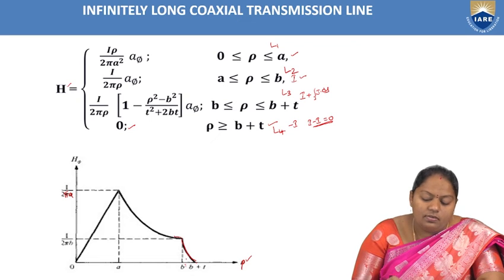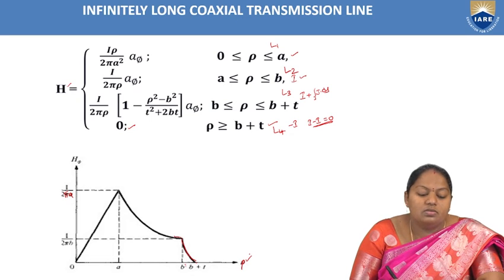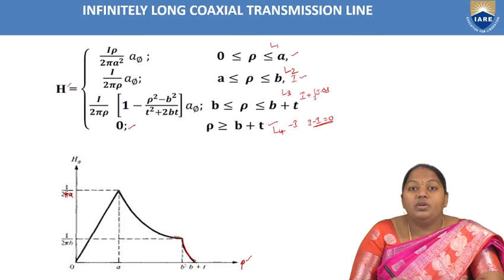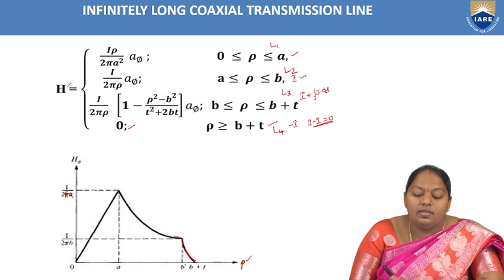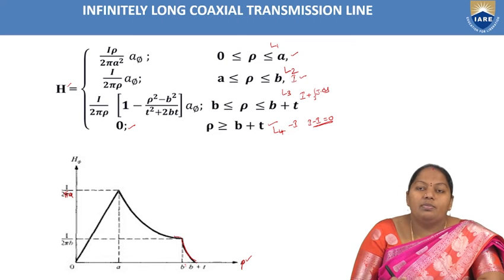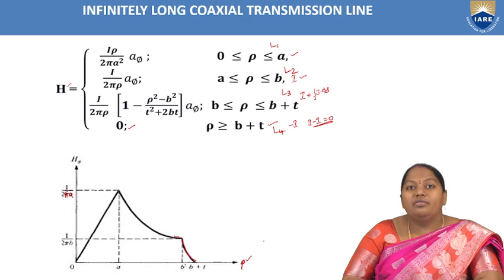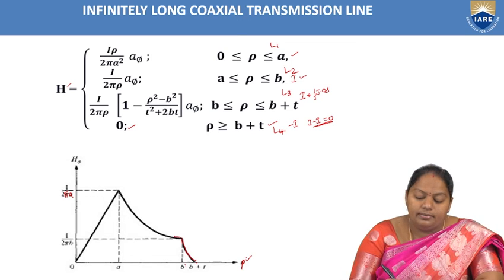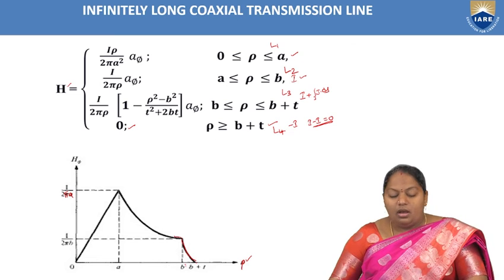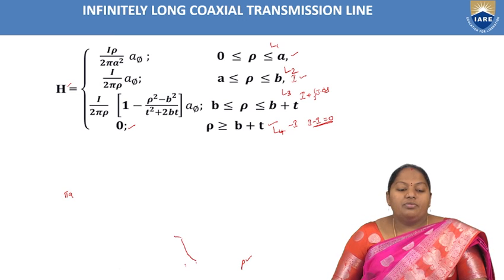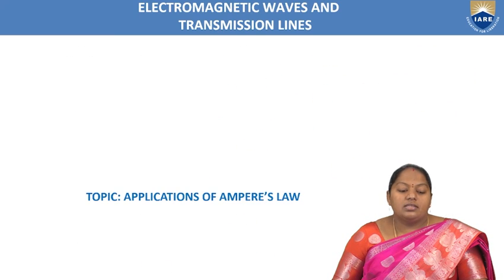Hence, this is the way we can observe the changes from different regions: from 0 to A, to B, to B plus T, then greater than or equal to B plus T. The change we have observed is between the magnetic field intensity H-phi and the rho component. So, how we have evaluated the magnetic field intensity in this case is,